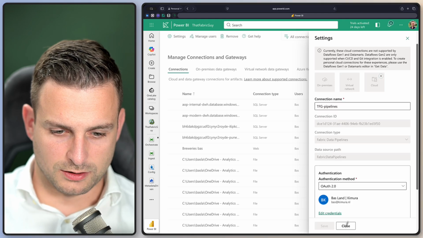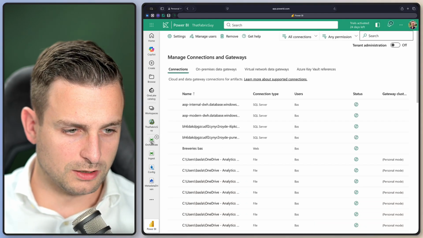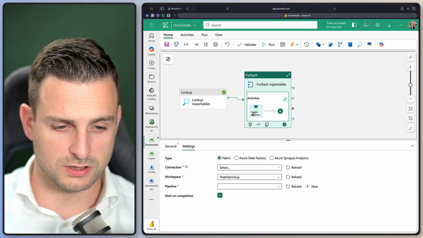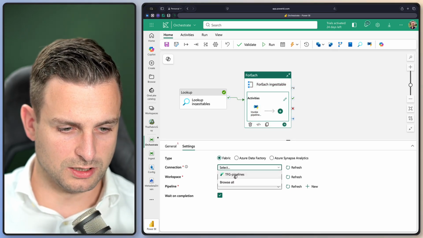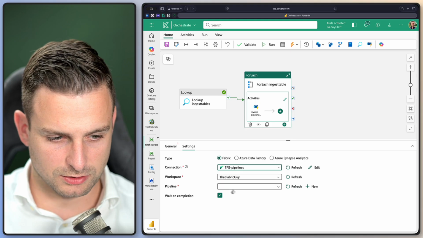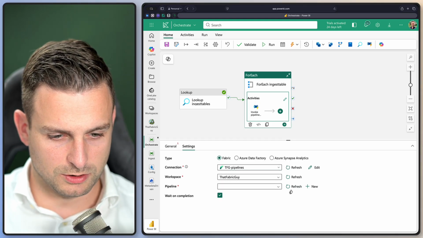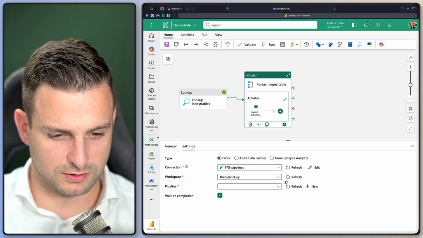Now we've created this connection. This was apparently something I forgot how to do. So we refresh this, and there we have our That Fabric Guy Pipelines connection to That Fabric Guy, and we should be able to then refresh and start to find